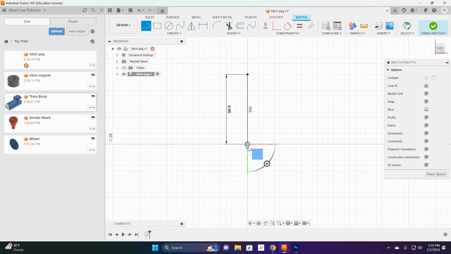I'm going to add a line over here. That line, I'm just going to dimension out. I'm going to dimension this line. This half of it is 0.125. That's one half of it. The total height here is 0.5, so I'm going